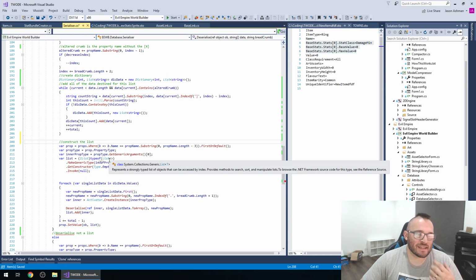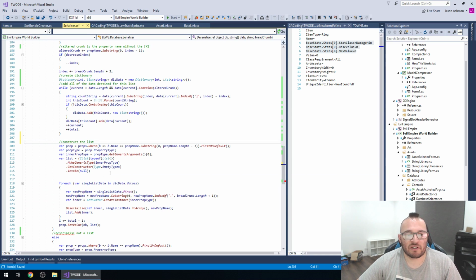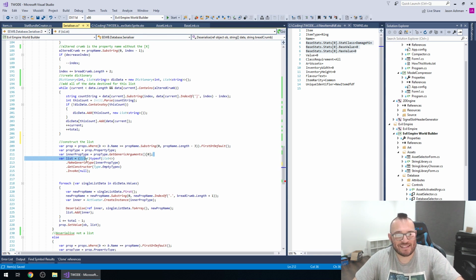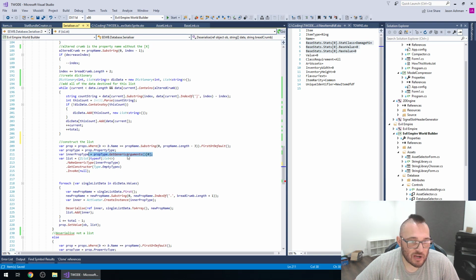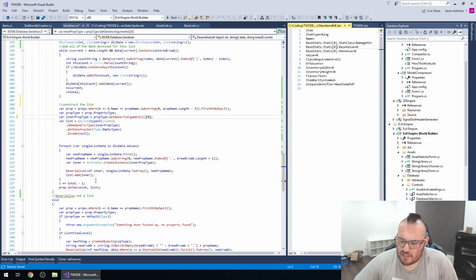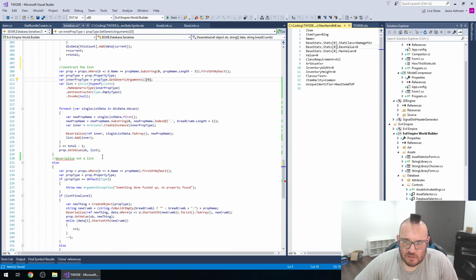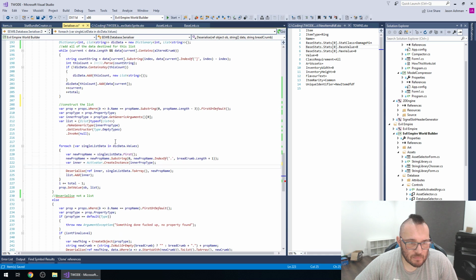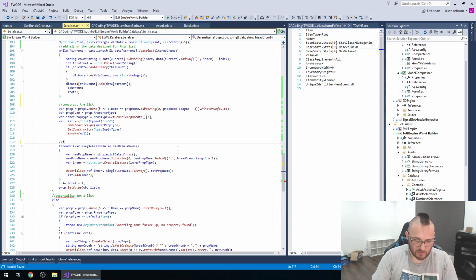So once again, the activator and the generic types and all that kind of stuff in C# that you can do is pretty powerful. Like this here is allowing me to create a list with a generic type. The inner property type, it gets it from the class. It gets what kind of list it needs to be. In this case, it would be a list of stats. Stat bundle, I don't remember. Doesn't matter. So that's cool. Then we need to go through all data